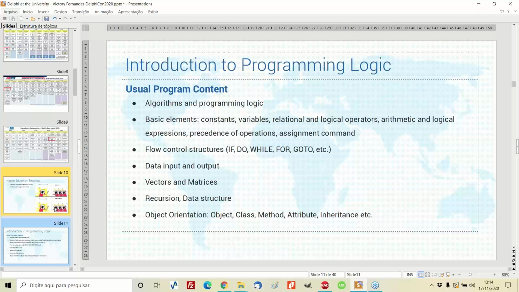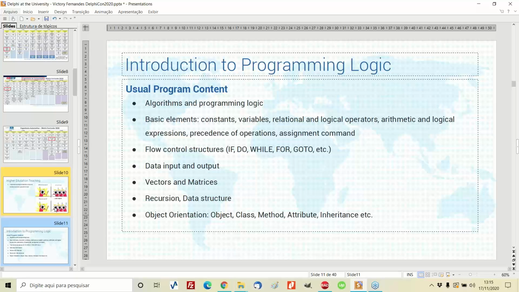Many students will arrive not knowing what a variable is or how to do a simple if-else. This means we have to go through all the basic elements: constants, variables, relational and logical operators. Then we evolve to flow control structures, data input and output, vectors, recursion, and it is not always possible to get into object orientation.